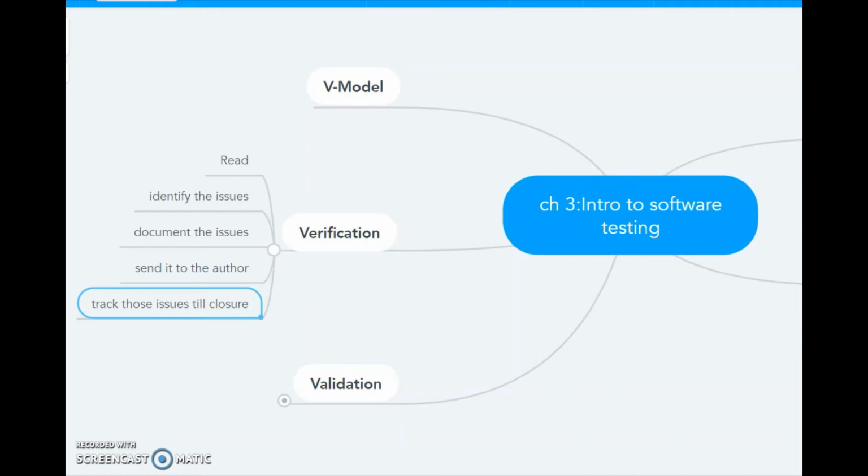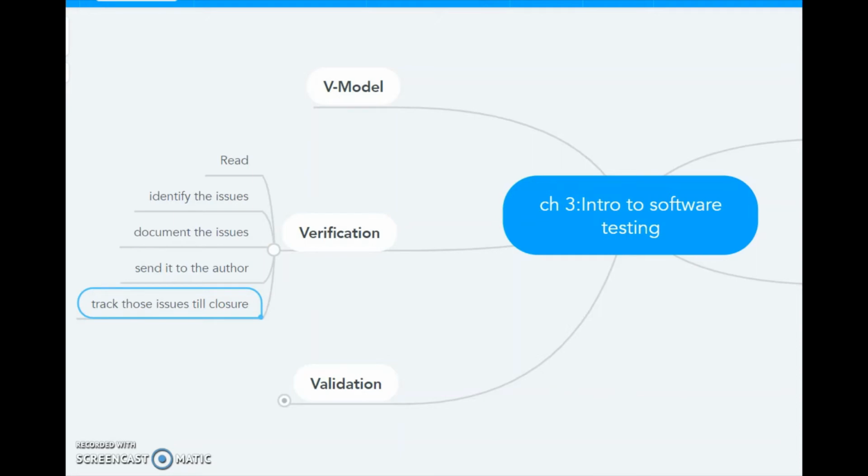Now defects are getting discovered even before the code is developed or tested. Even before the application itself is developed or coded, the issues are cleared. So that's a major advantage of verification. These are the advantages of verification.